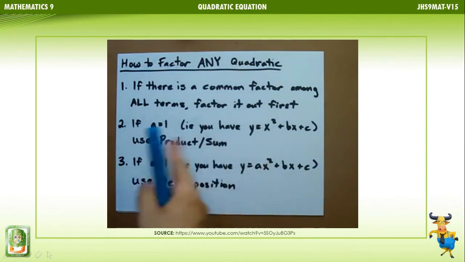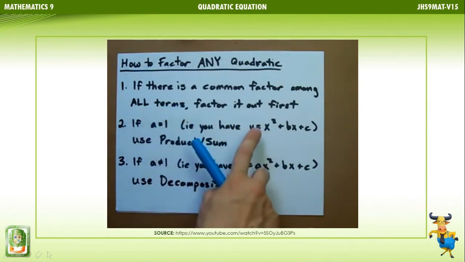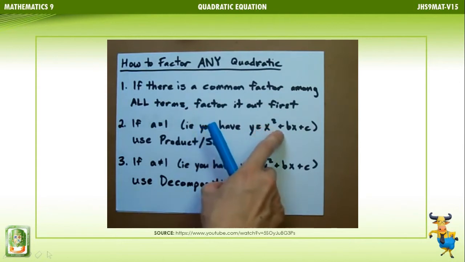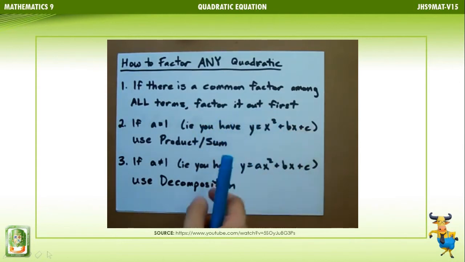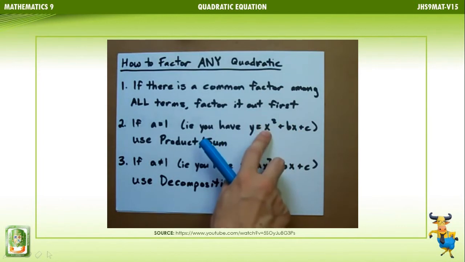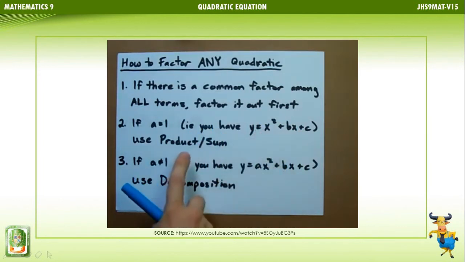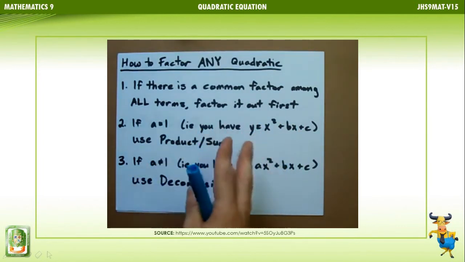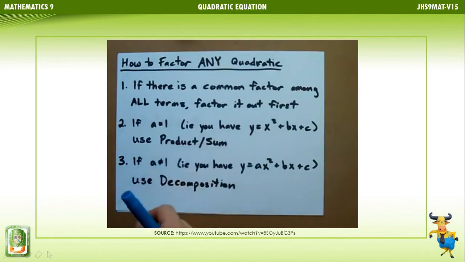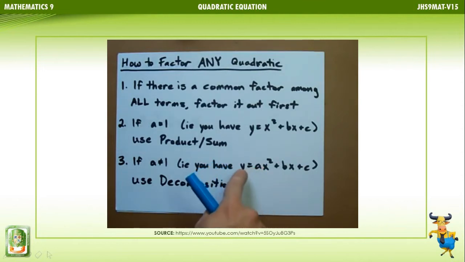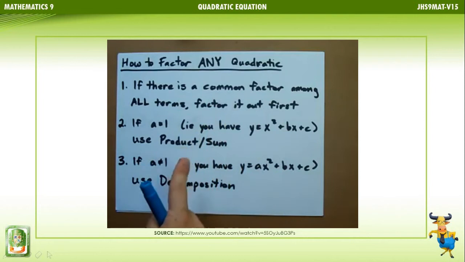Then you have to look at what's left. If you're left with x squared plus something x plus something, and it's just a bare x squared, then you can use product sum. And I'll show you how to do that if you don't already know what it is. But you may be left with something in front of the x squared, like 2x squared or -5x squared plus something x plus something. If that's the case, you're going to have to use a little bit more complicated of